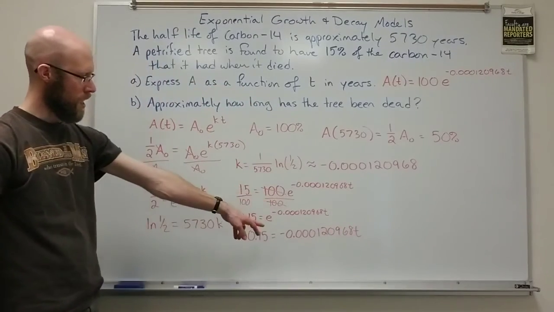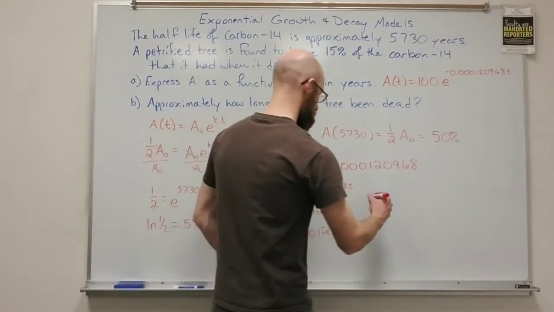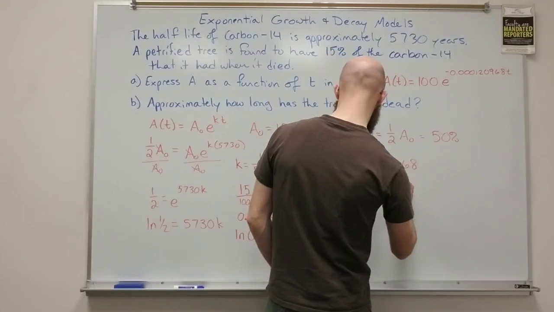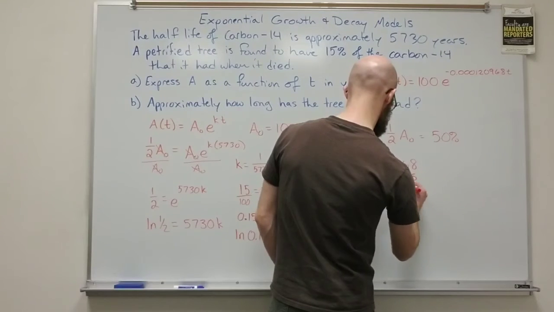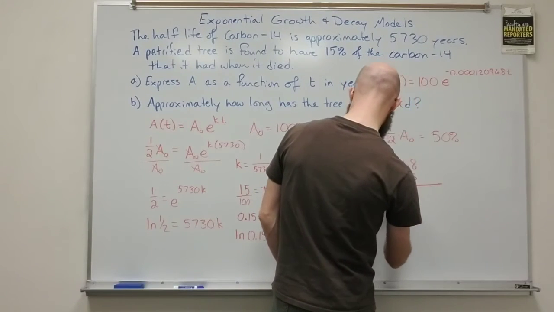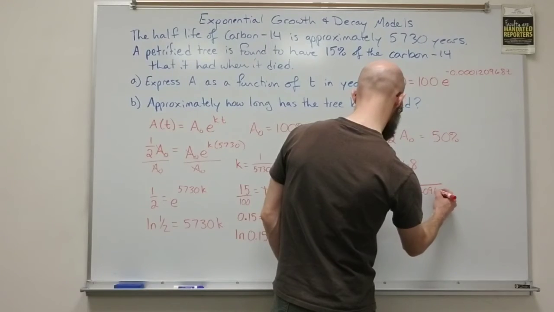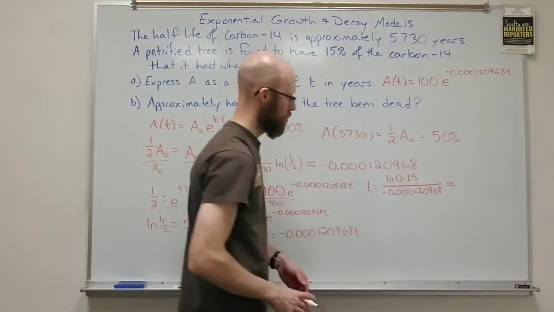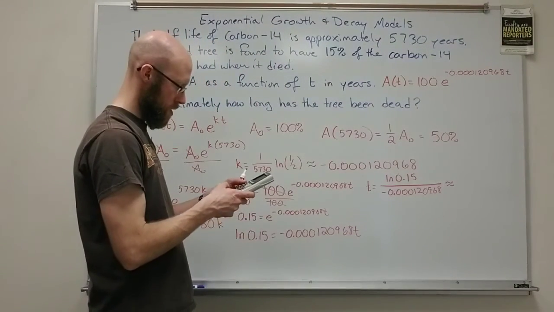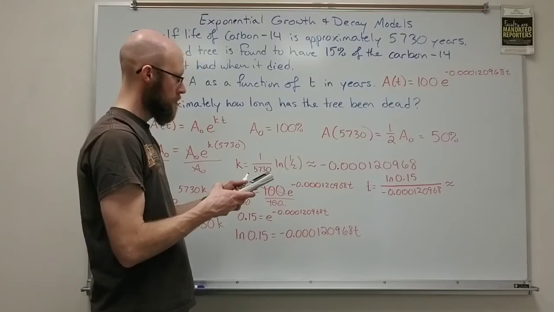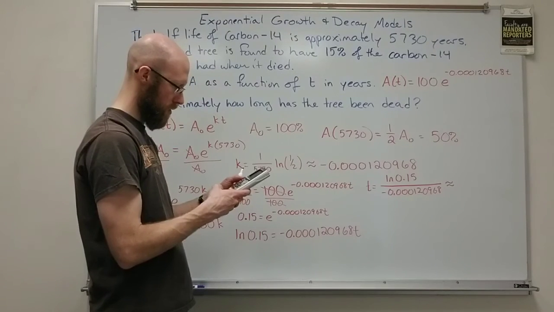And to solve for t, I divide out by my decimal here. Okay, so I have t equal to the natural log of 0.15 over negative 0.000120968. And when I type that in to get my approximation, I'm going to go natural log 0.15 close parenthesis divide by the previous answer,